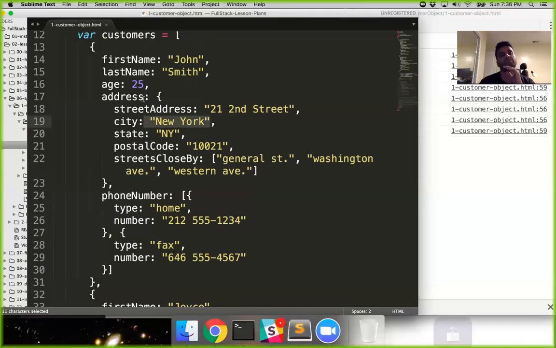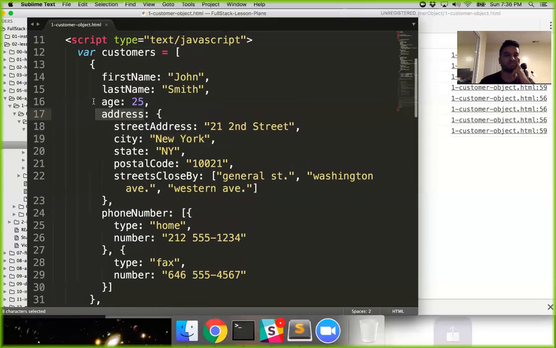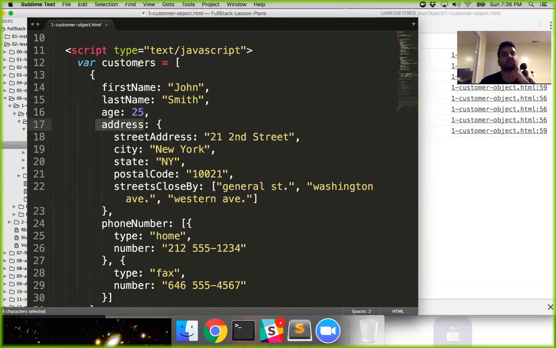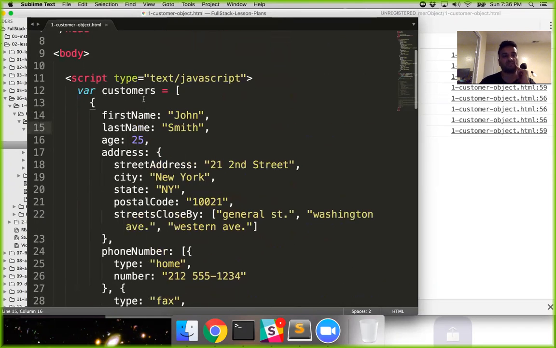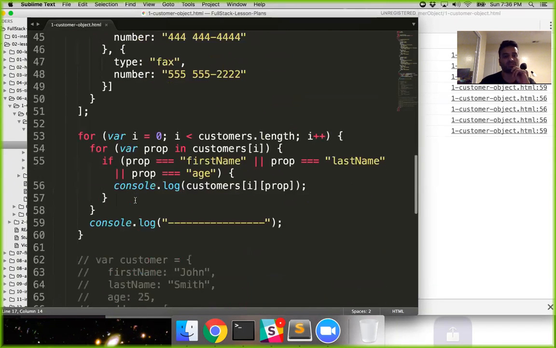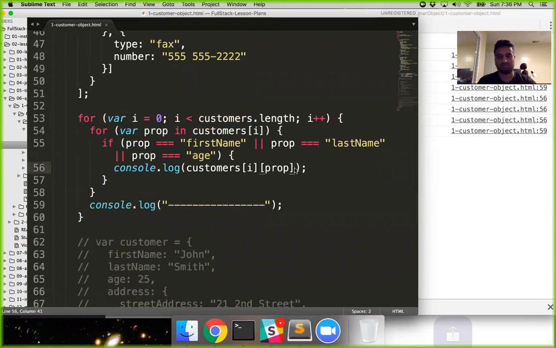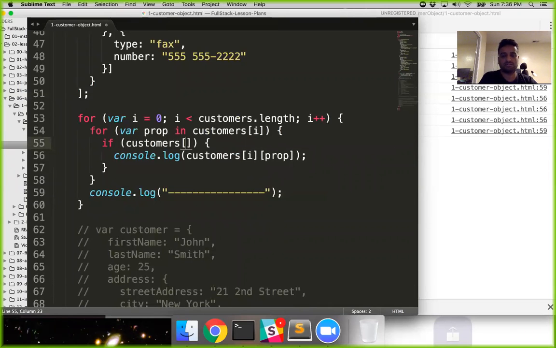We look at the value, we look at what it's inside. This is a property of the address object, which is a property of the customers array. So we go back and say, New York is a value of city inside the address object. So what I have to search for is if customers